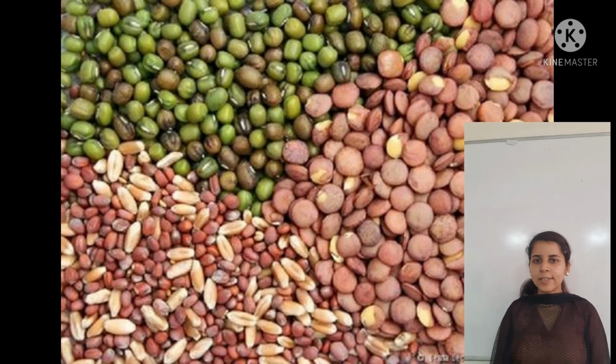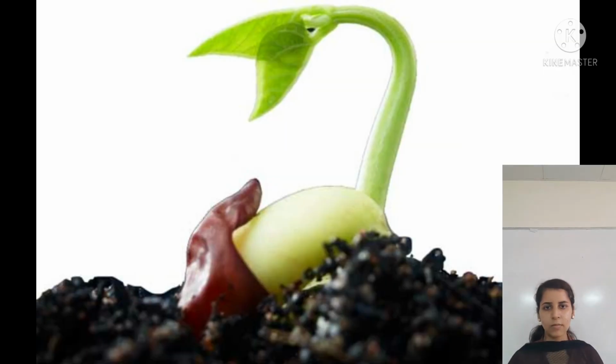Seeds are of different sizes, shape and color. We eat some seeds like wheat, gram, rice and corn, right? The seeds that we can eat are called edible seeds. And every seed has a baby plant inside it.